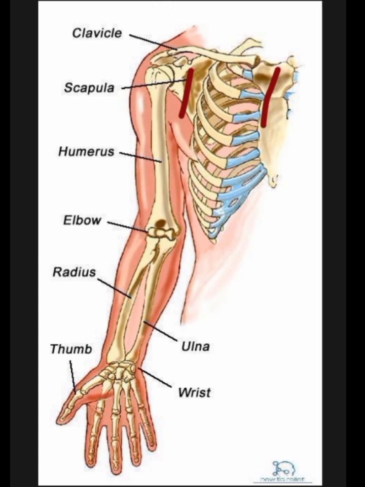Now you can see that when the sternum articulates with the clavicle at this point, it forms a small joint that is called the sternoclavicular joint. When the sternum articulates with the clavicle at the medial aspect, this is called the sternoclavicular joint, while the clavicle articulates laterally with the scapula at the acromion process, which is called the acromioclavicular joint. So basically the clavicle forms two joints: medially with the sternum, the sternoclavicular joint, and laterally with the scapula, the acromioclavicular joint.